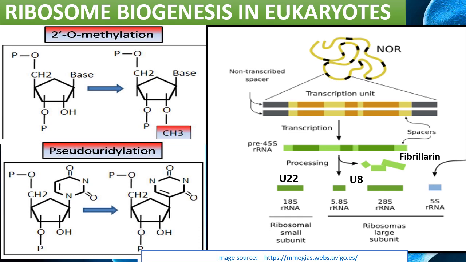Thus, the first two steps of ribosome biogenesis, that means the transcription of ribosomal DNA and the processing of ribosomal RNA, take place with various types of activities which depend upon various types of proteins. Now we will discuss the third step of ribosome biogenesis, that is the assembly of ribosomal subunits. Ribosome assembly occurs in the granular component of the nucleolus.